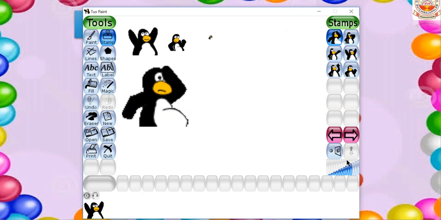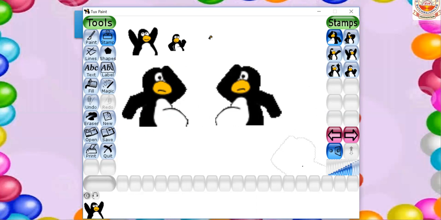And children, the direction of a stamp can be changed by clicking on the icon. Here you can see this icon. By clicking this icon, we can change the direction of the stamp. Okay, children. So now first we will take one picture, select one picture, come to the drawing area, then click it. Can you see this, children? Now this direction can be changed.